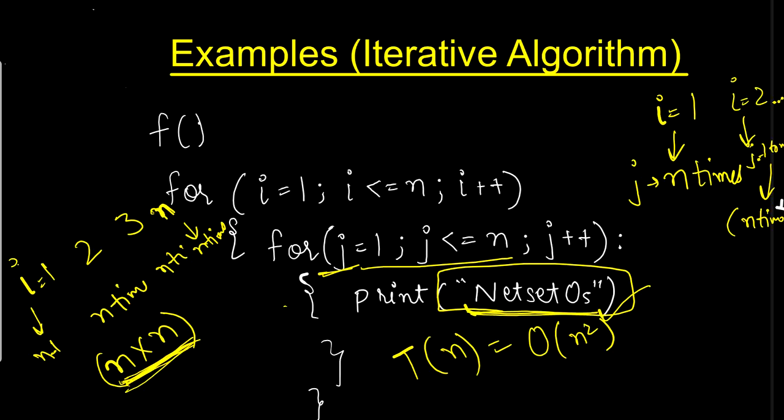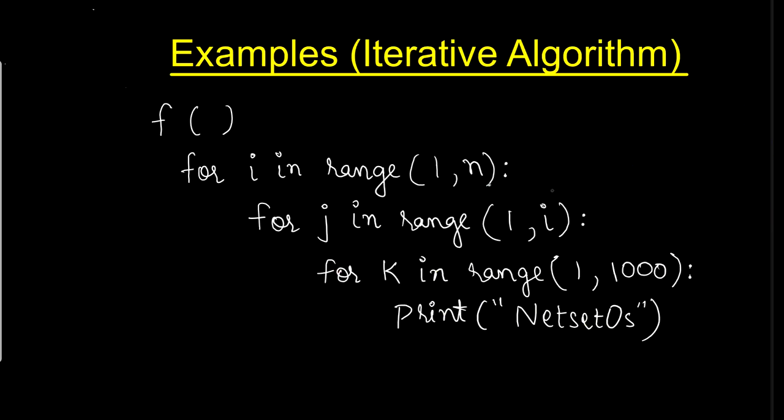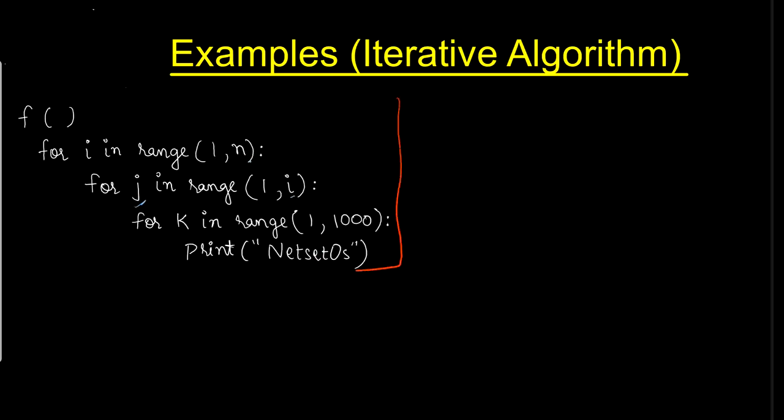So till here we have got order of n square. If we analyze it, this i was working independently, this j was working independently. Now what if j is dependent on i? In that case, what will be the time complexity? Let's analyze it. Let's make some space for it so that we can analyze better. Now we can see j is dependent on i.